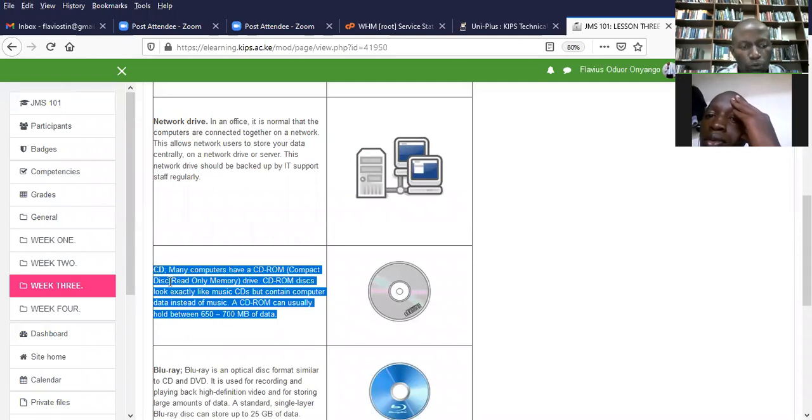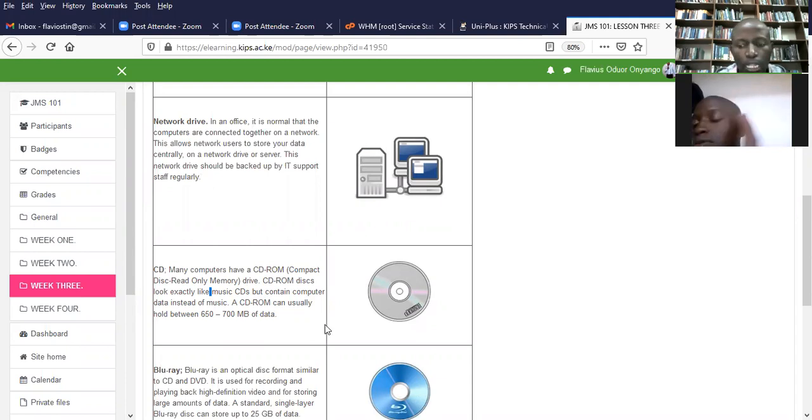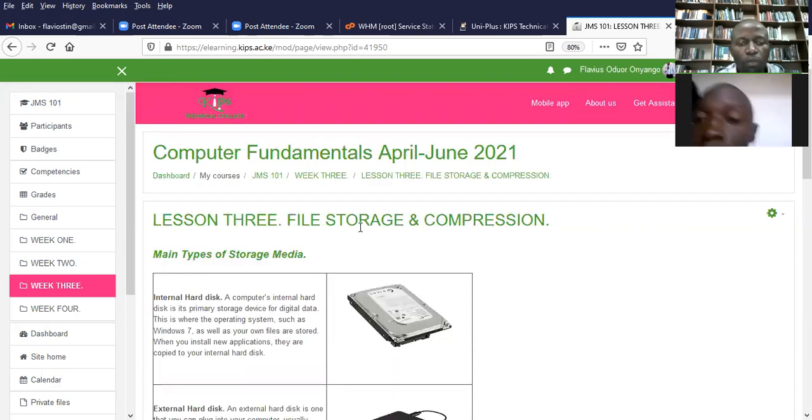I don't know if you like watching movies, but I'm very sure even from where you live, there are people out there who do this business of selling movies and the rest. So if I want a particular movie, I would simply walk to a shop and ask them, kindly, I want to buy this. You give them the title, then they burn it for you on your CD. You can use a DVD disc or just the ordinary CDs, whose capacities normally range between 650 to 700 MB of data. You get that? Yeah. I hope you're together. So these are some of the devices that you use to store data.